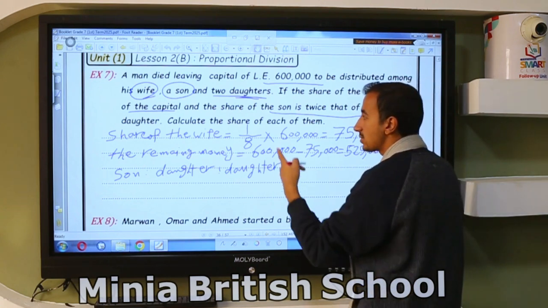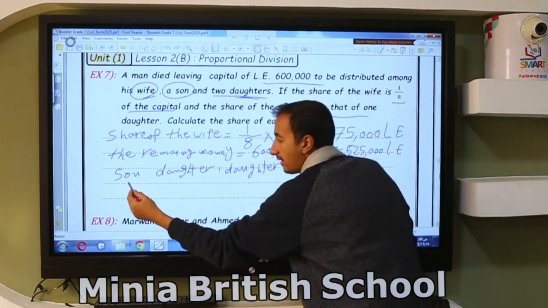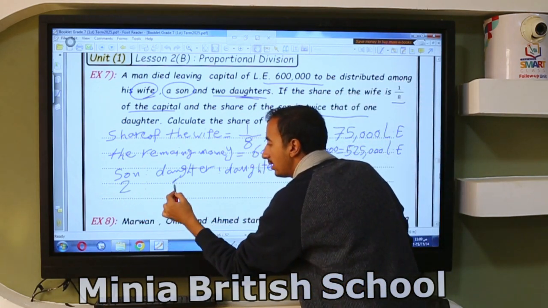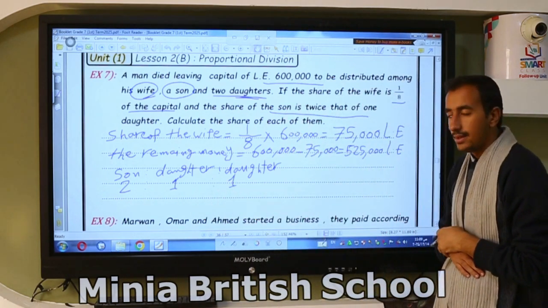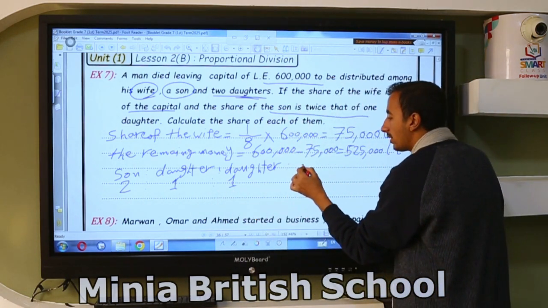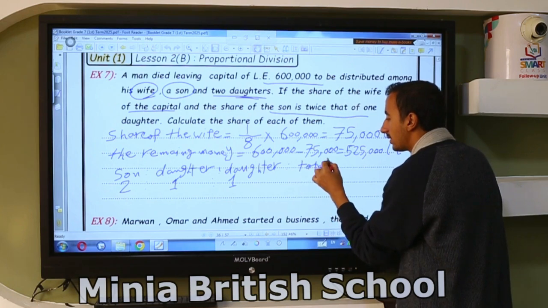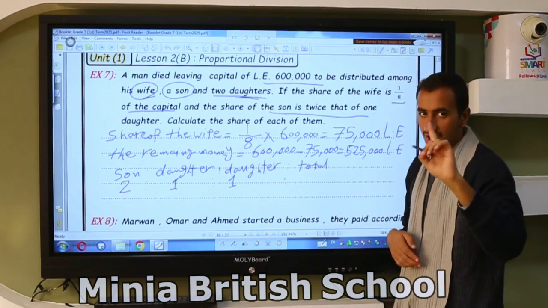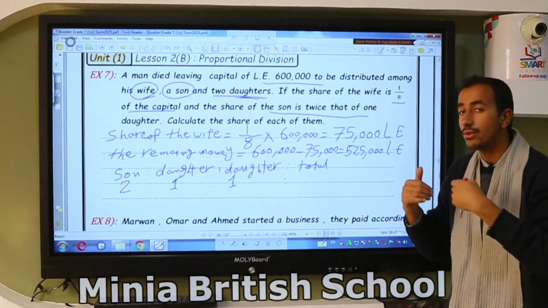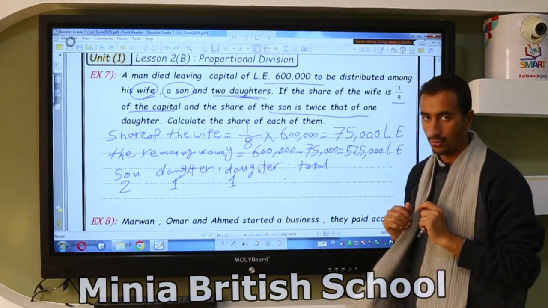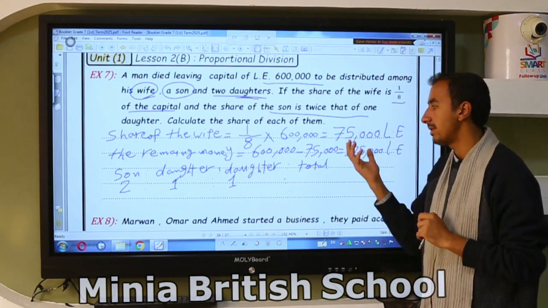The share of the son is twice the share of the daughter. So I have here 2 to 1 to another 1 here. And the total amount of them, not 600,000. I need the total of the remaining money. The share of the wife, take it and leave it for this share. So I have the remaining money